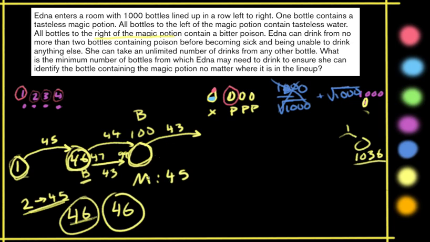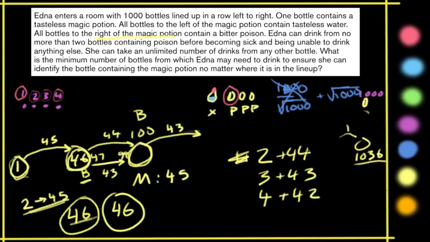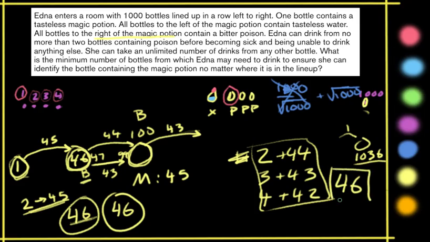And then you can see it's going to be a pattern. If we jump 43, so we had 2 to get to the bitter plus 44, and then in the next case we had 3 to get to the bitter plus 43, and then it'll just keep going like that, 4 jumps plus 42 and so on. In any of these cases, you always taste 46. So I think that's the final answer, but